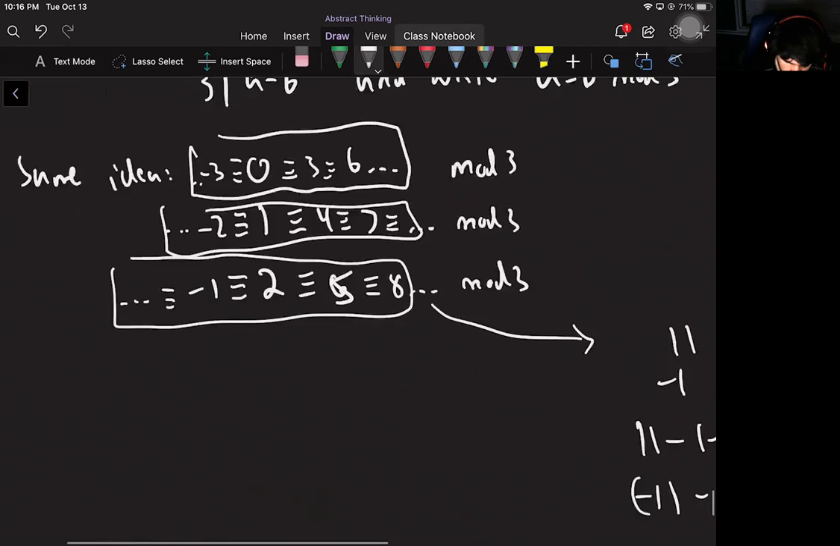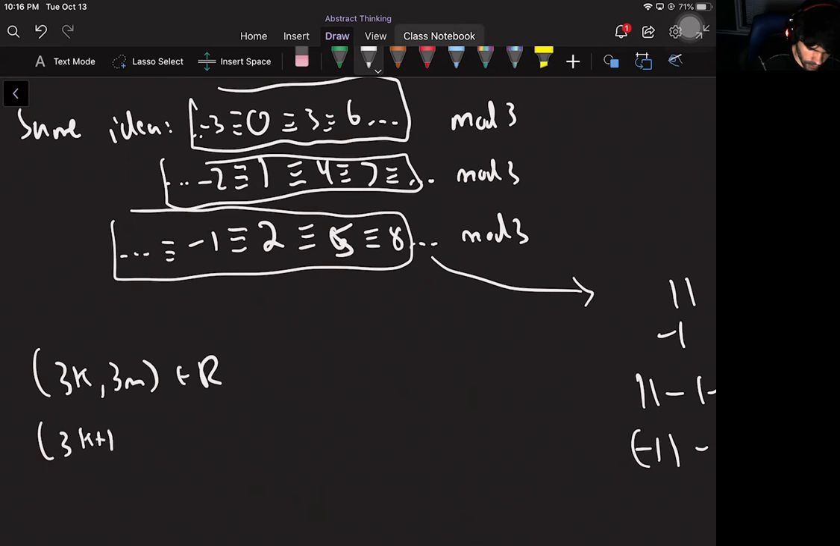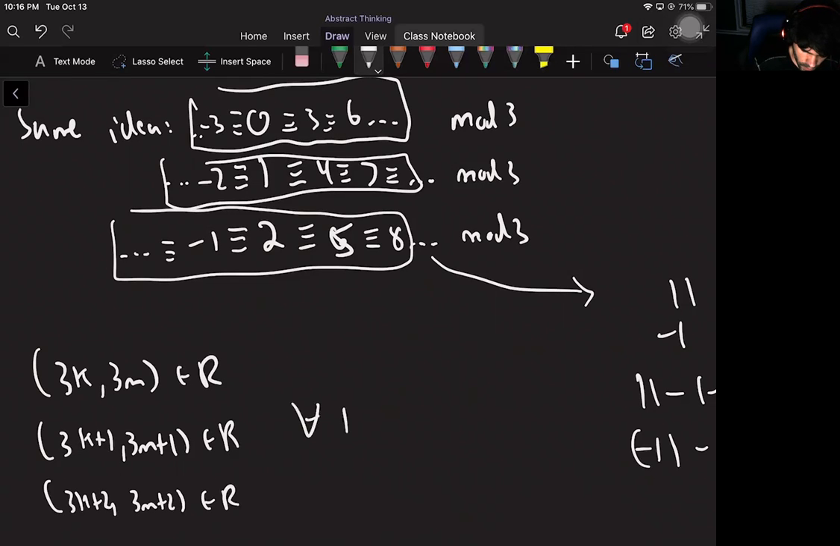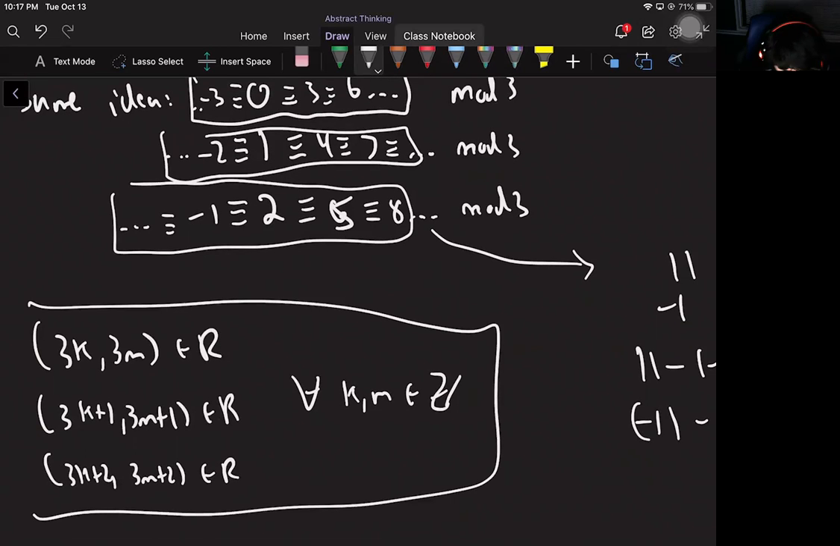And so what this is saying is the things that are in this relation are things of the form 3k comma 3m, 3k plus 1 comma 3m plus 1, and 3k plus 2 comma 3m plus 2 for any k comma m in the integers. So that tells you every single thing that's in R, this little piece of information. Okay,